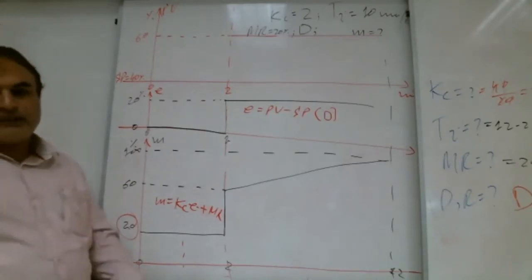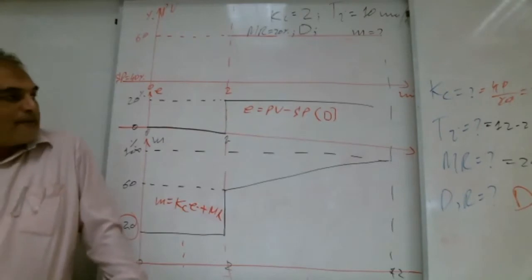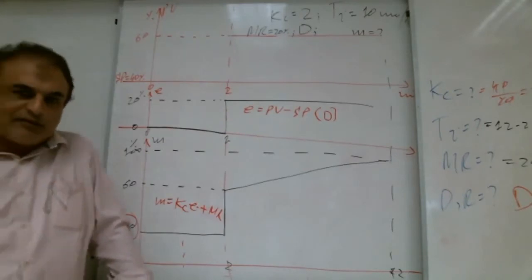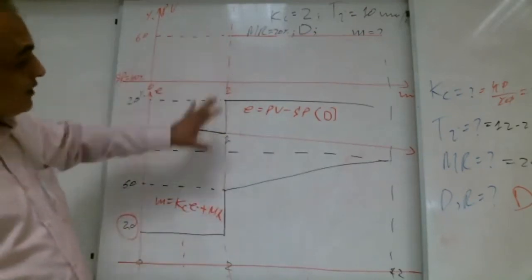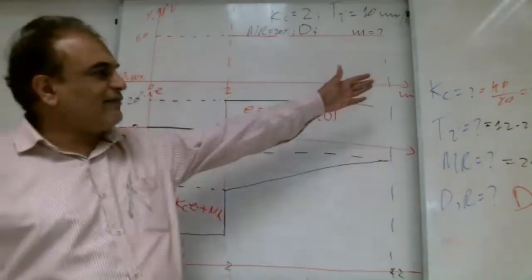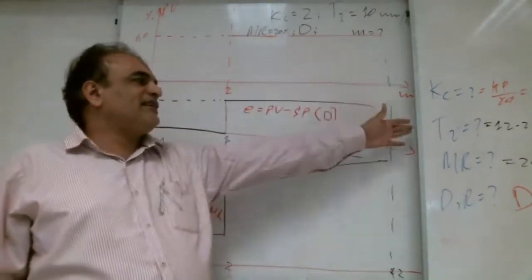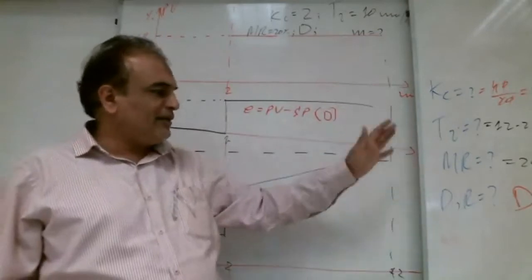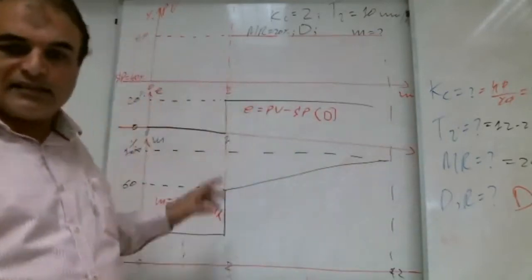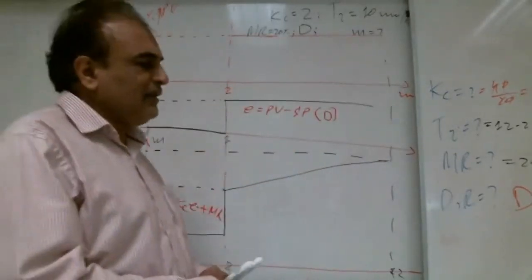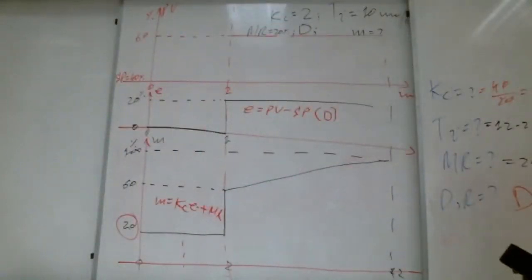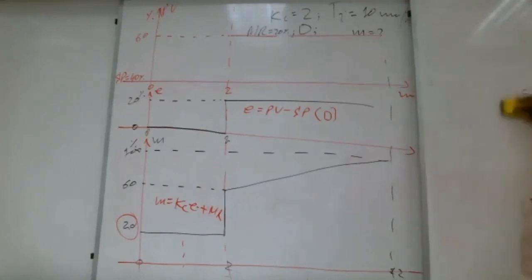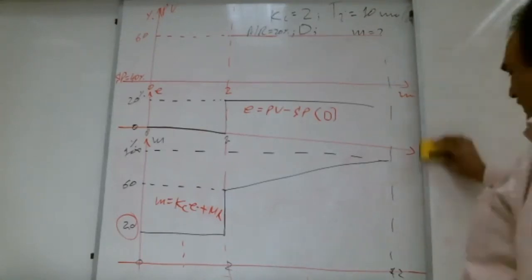Any other brother has a question? Please ask. Lot of brothers are writing no. So on the plant, Shabab, when you're going to work inshallah in the field, from the waveforms you're going to find the KC, TI, MR, and whether the action is direct or reverse. All this information you're going to get from the waveforms. So that's why we are bringing it like this. Any question up to here, Shabab? Okay, let me write another.